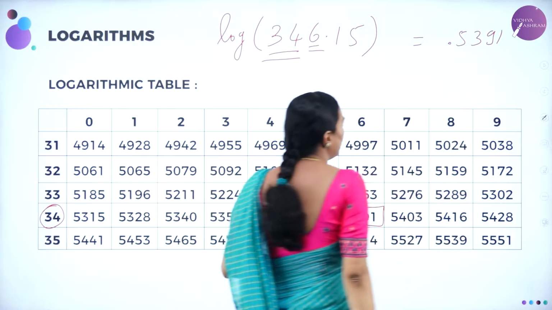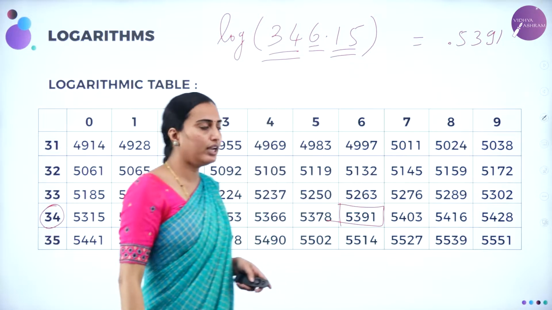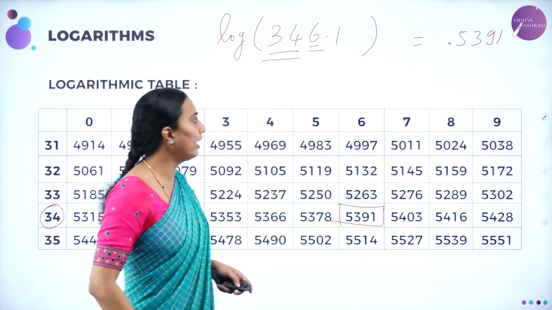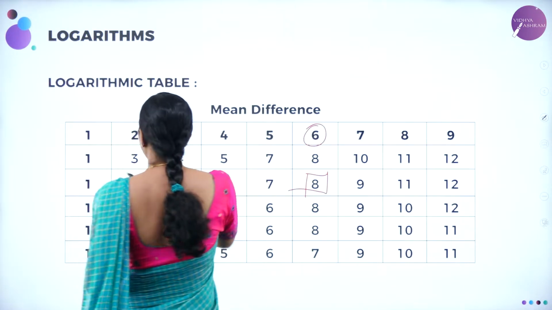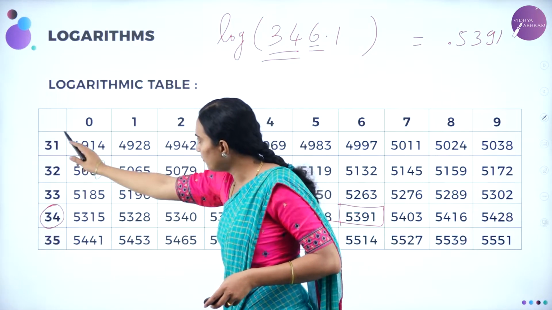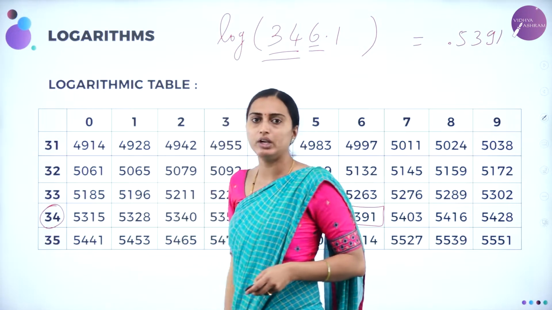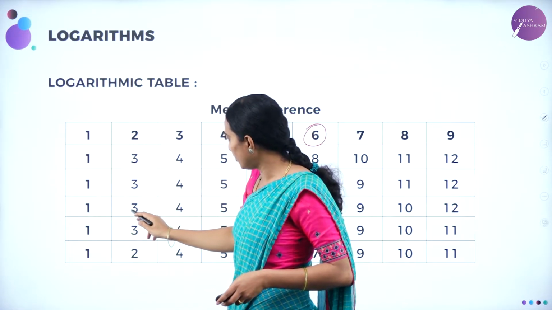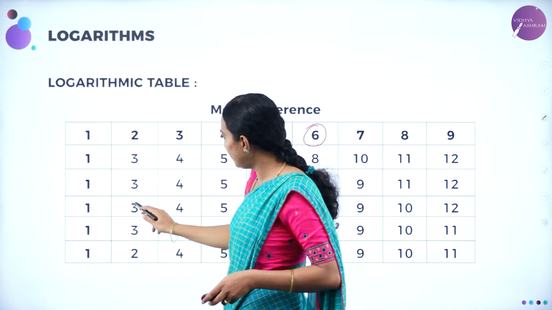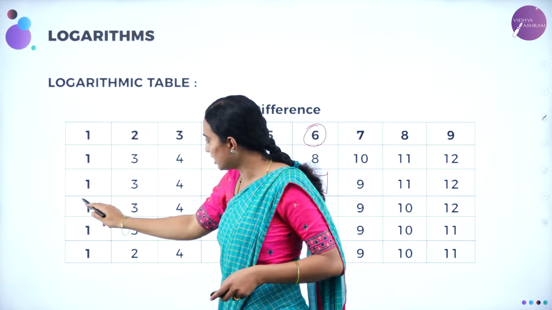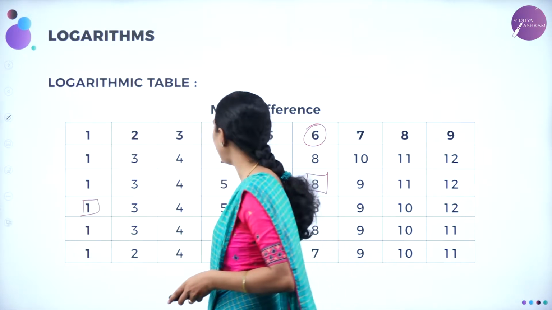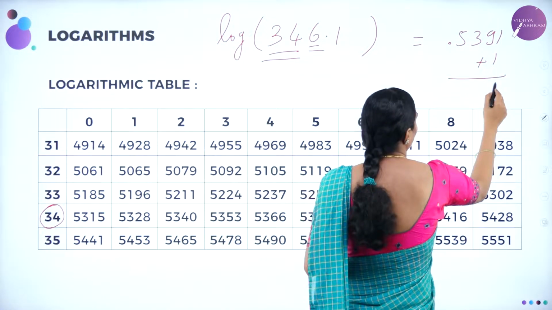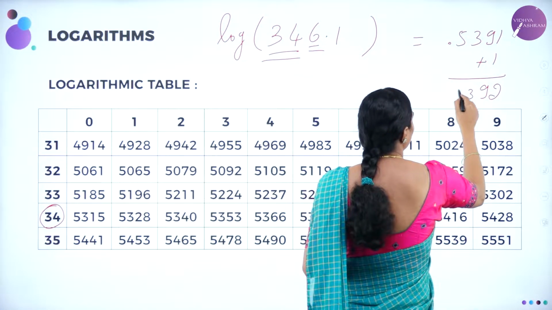Here the mean difference point will be 1, 5. So let me take it as 0.1 only. 0.1 means you are going to have it in the 1st row, correct? Which is the column? 1, 2, 3, 4. So here you are going to have it as 4, and the first one only. Plus 1, you add it. So 1 plus 1 is 2, 9, 3, 5.